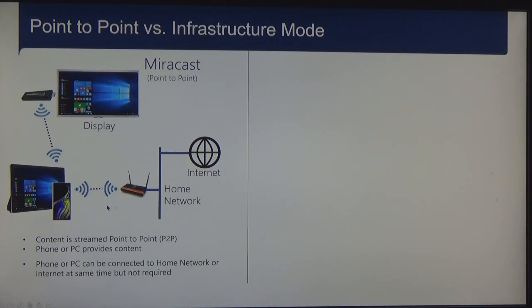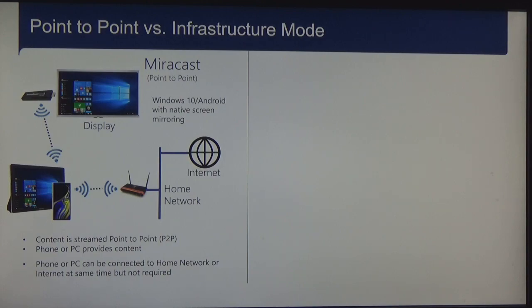That's the way the data would flow if I were streaming something like Netflix. So, in that particular case, if I want to play something from an online source, I have to have some sort of network connection or a cellular connection plus a data plan. Okay? Now, Miracast is natively built in to Windows 10 and Android 4.2 and higher, or at least most Android